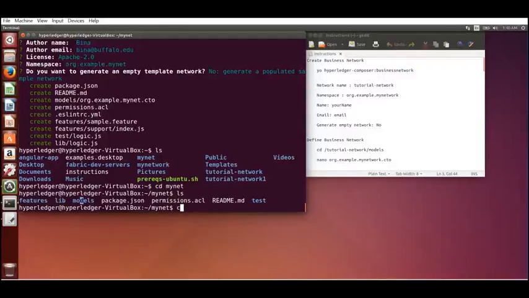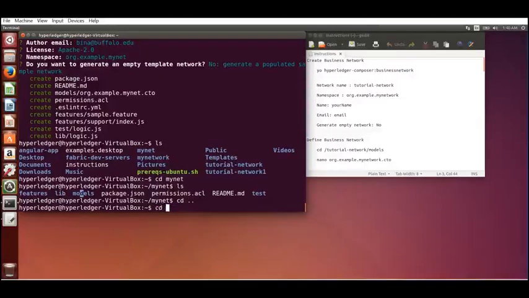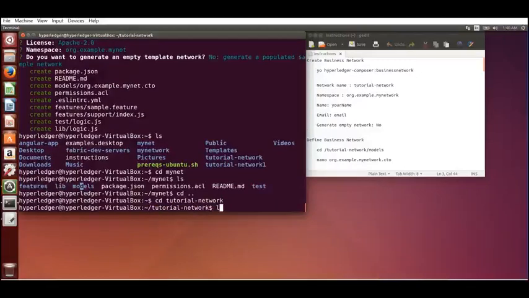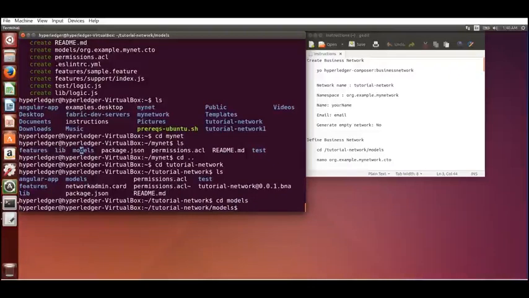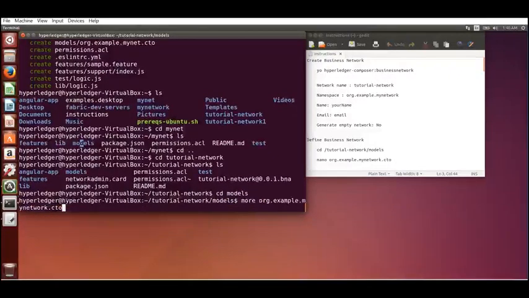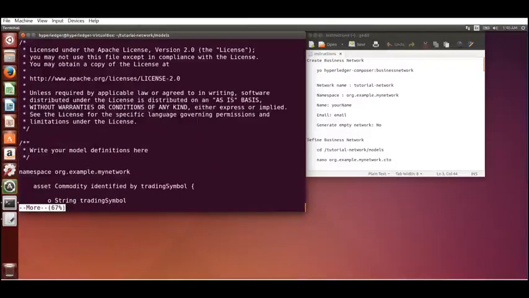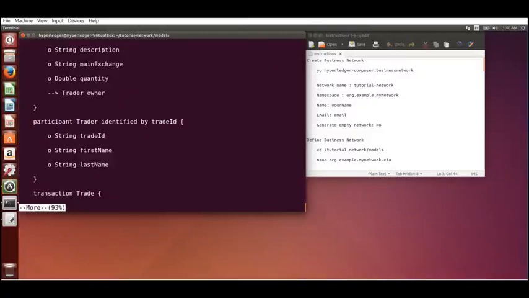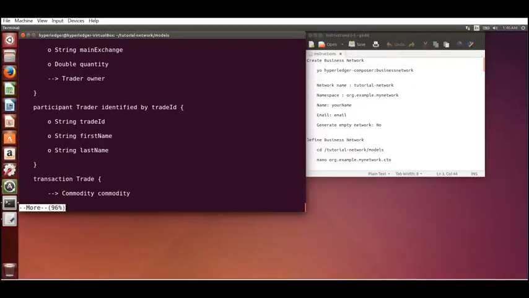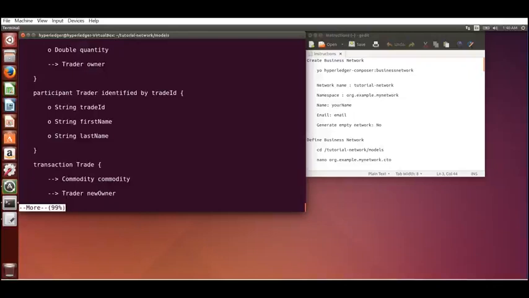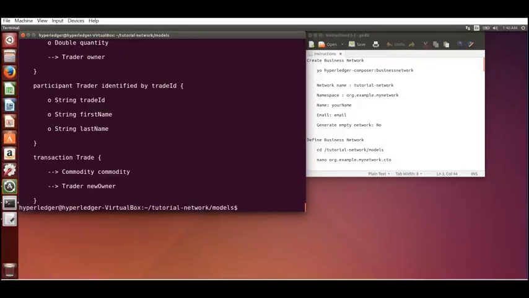So we already created that in the tutorial network. I'm going to go into the tutorial network, and let's look at the models. I have here a model, and this model has an asset, commodity, and a participant, trader.